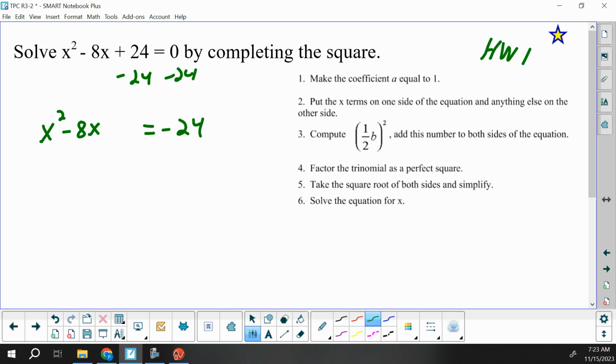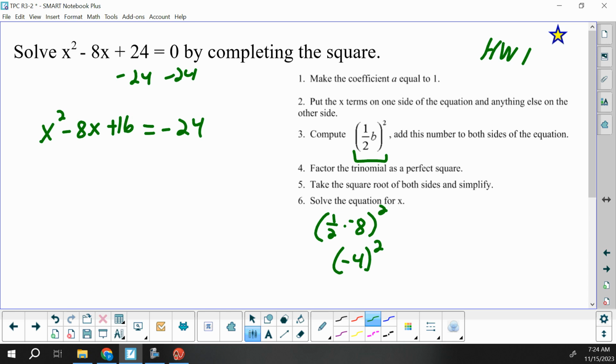Now comes the actual act of completing the square. We're going to take half of our b value and then square it. And I would suggest showing some work off to the side for this. It'll help us in one of the next steps. So we're going to do 1/2 of negative 8 and then square it. Well, half of negative 8 is negative 4, so we're going to square negative 4. A negative times a negative is a positive, so we get positive 16, and that's what we're going to add